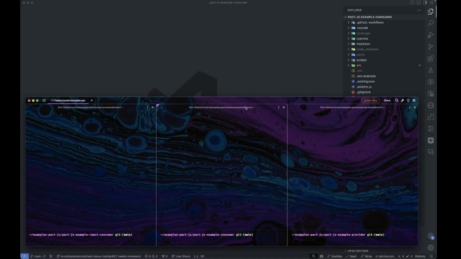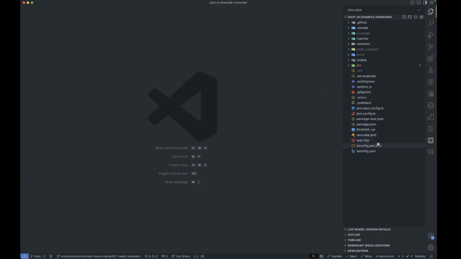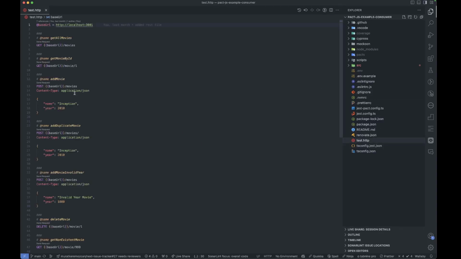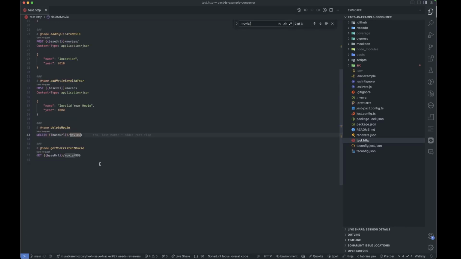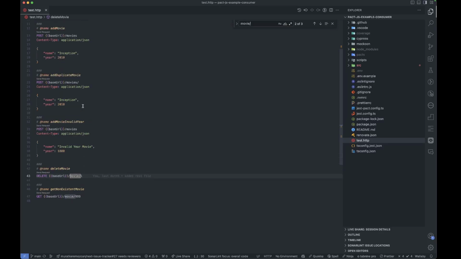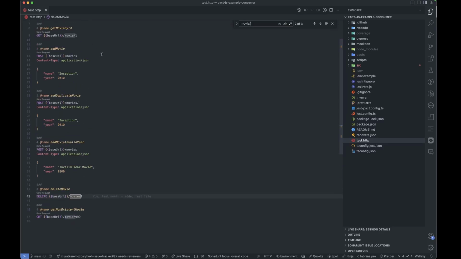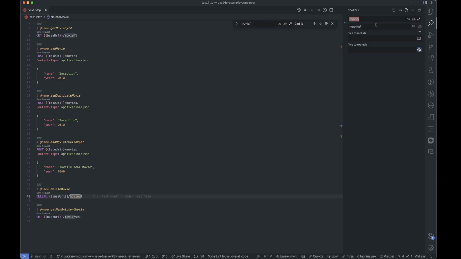I think this can work pretty well in the real world. Anyway, the change I want to make is we have this movie route, which is singular. It's for delete and get. It's very simple, guys. I just want to make the movie route into movies because that's annoying me. And you can imagine how badly this will break things.